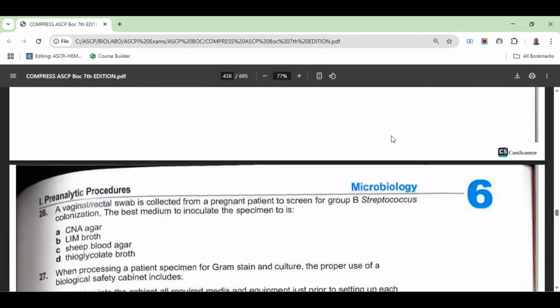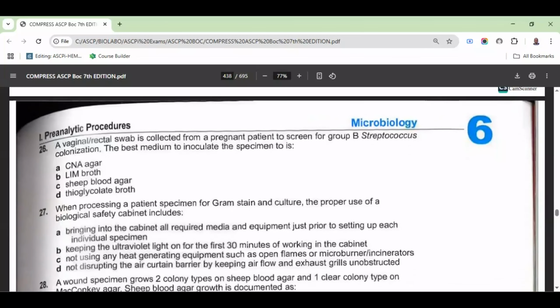Okay, let me put this thing here. All right. Question number 26. It is what? Vaginal rectal swab collected from a pregnant patient to screen for